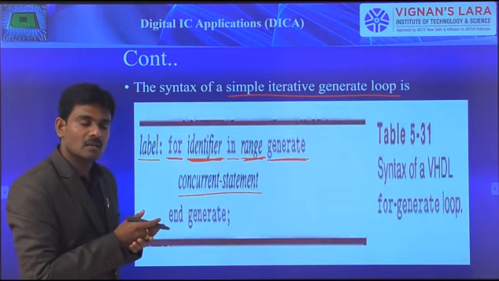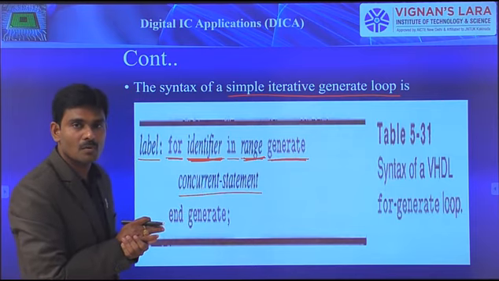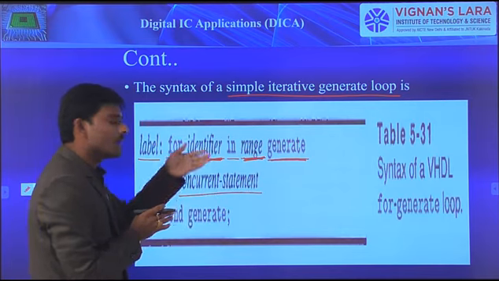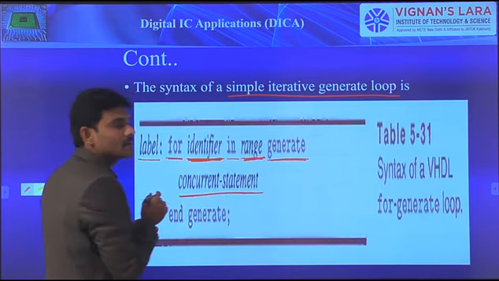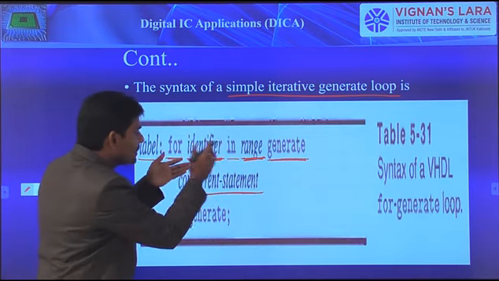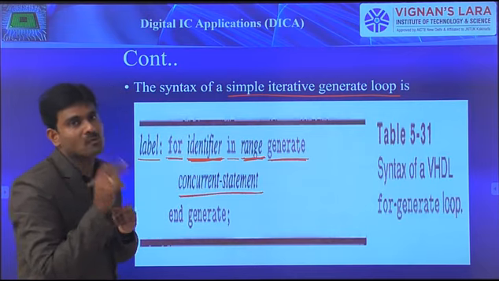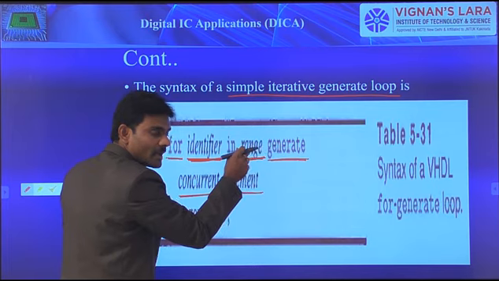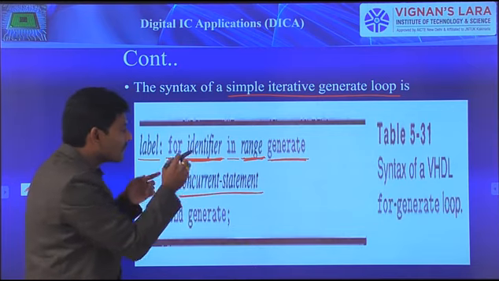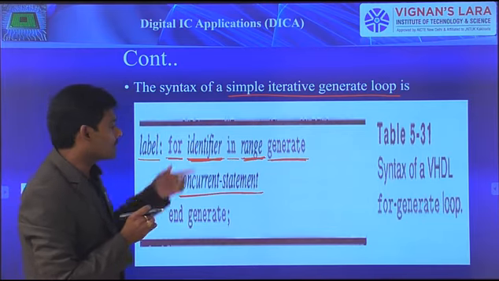Let it be an 8-bit inverter: if I instantiate one inverter component using component statements, then based on the range, that many times I can execute it. That is the generate statement and the concurrent statement. Based on the range, the range is assigned to the variable. Each time it executes once, that variable increases by 1. If the range is 1 to 8, first the variable is 1 and it executes this statement, then the variable is 2, and so on. Eight times it needs to execute, depending on the range.